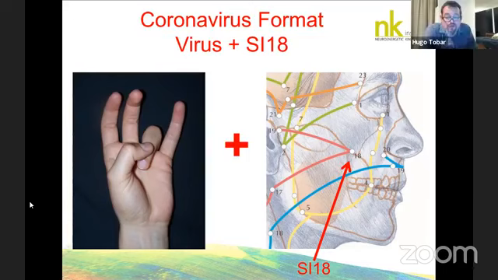We can use it by using this format and other stresses around coronavirus